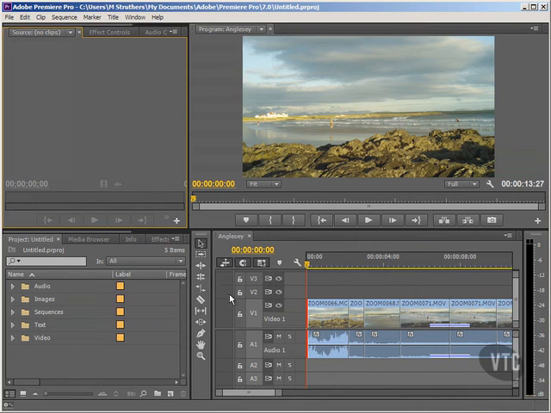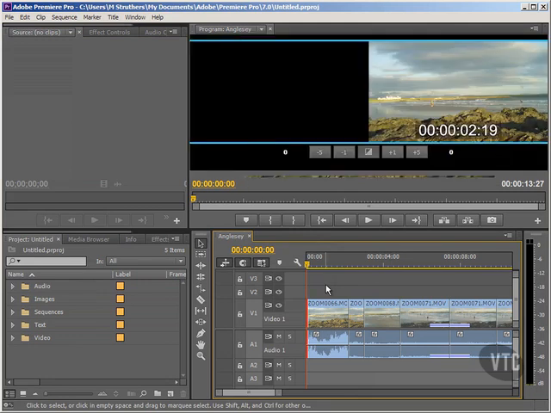So let's have a look at this. First things first, I'll come down to the timeline. If I place my CTI here and then open up the trim mode, then it's at that point, or near that point anyway, we would see the trim mode in the program monitor. However, I'm going to leave the CTI right at the beginning, just for our first example. And the quick way to open up the trim mode is to simply hit the keyboard letter T as your shortcut,